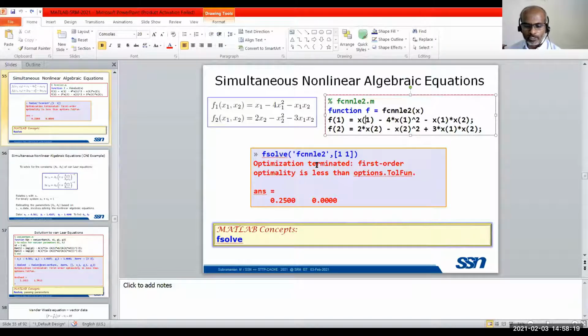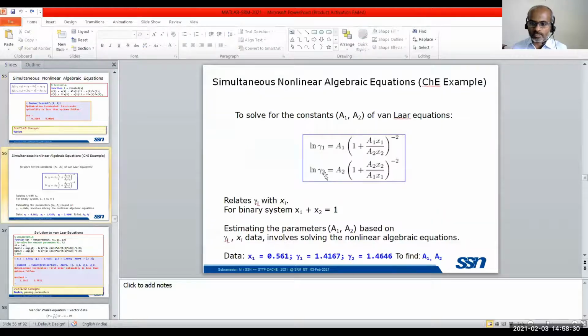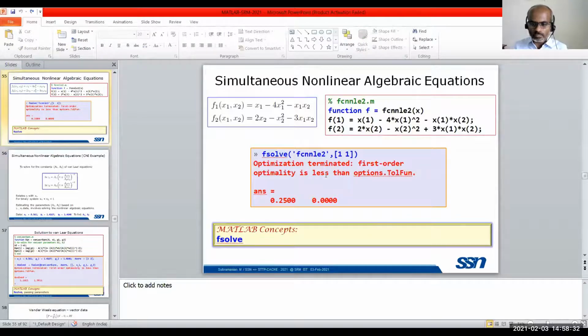I will put my mobile into charging because it is going out. I'll show you on the next screen how to solve this. Things are available written here.